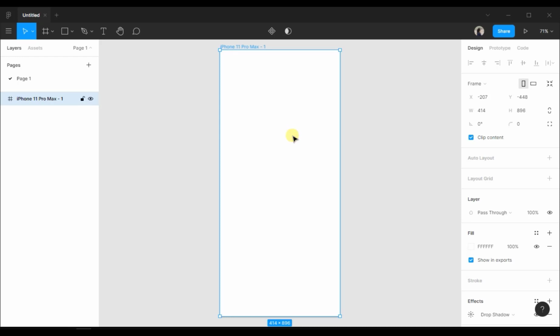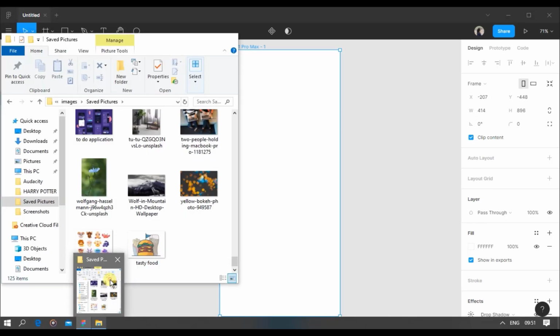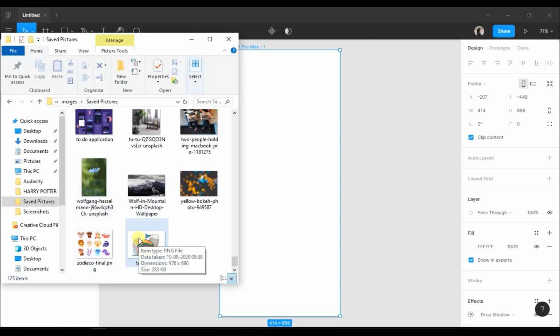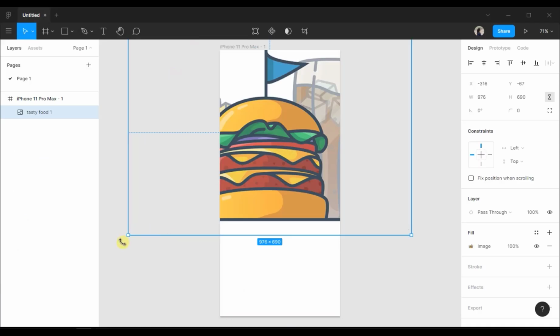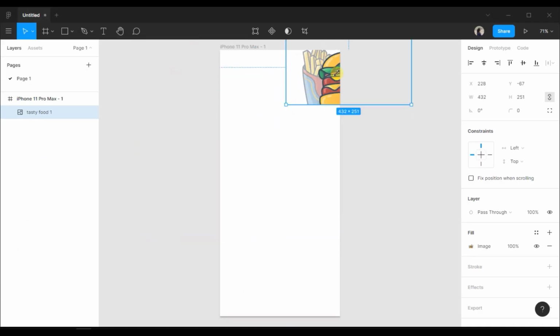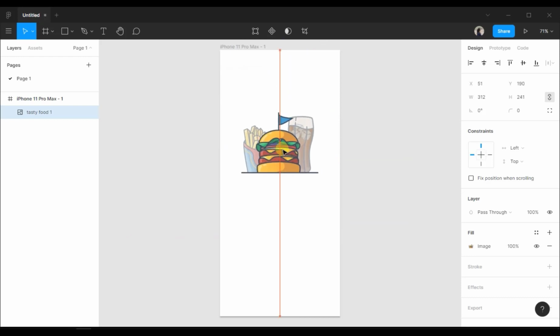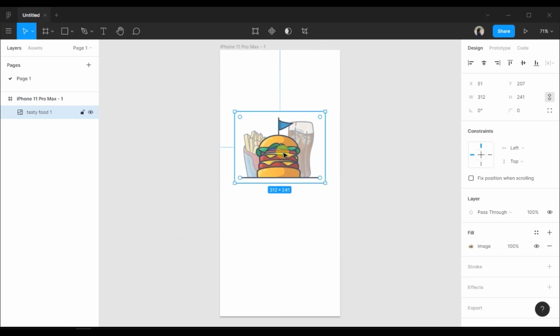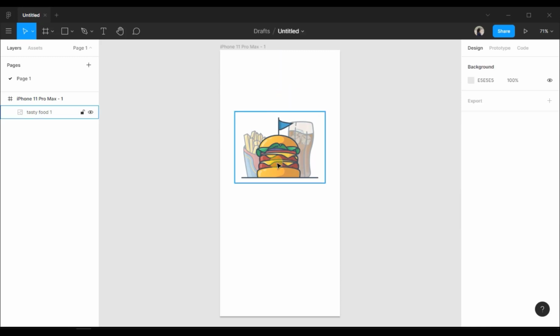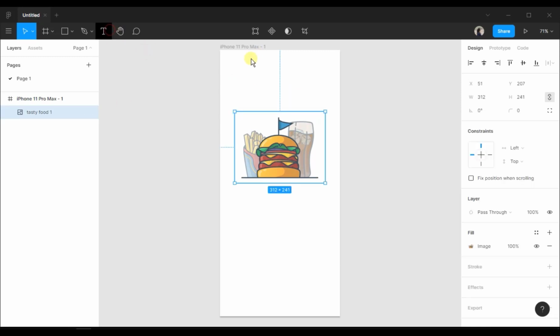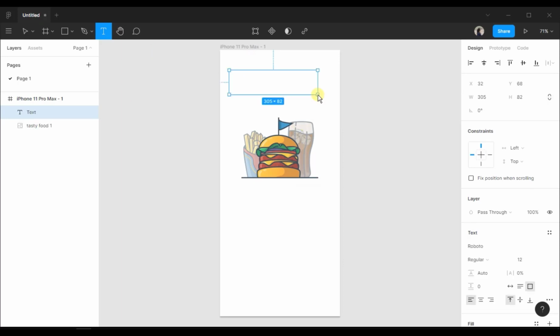So firstly we will design a login page. So from my computer files I will take an image. You can also drag and drop image likewise. Let's adjust the image. As you can see, Figma is guiding us with the guidelines. Now let's take a text box to add the title to this image. So let's take a text box and let's add the text saying tasty food, and let's change the font size from here, say 50.